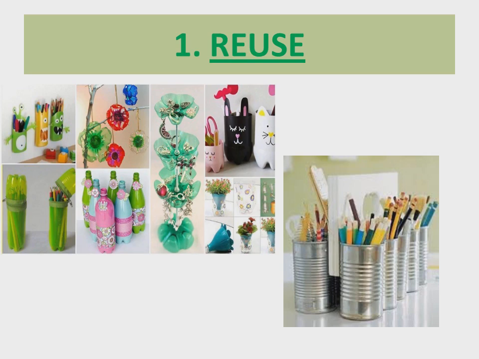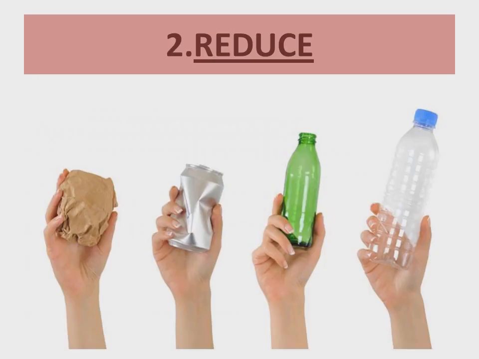From Pepsi bottles, they make a pencil holder and decorative piece, and we can also use them as a pot. We can put plants. And on the right hand you can see in the box they are using the boxes as a color pencil holder. We can use it as a comb holder, and in the kitchen we can also use all these things. So what these things are, we are using them again. So this is reuse.